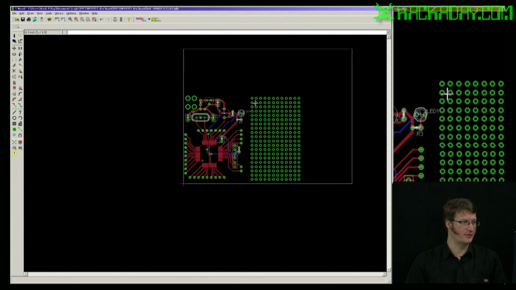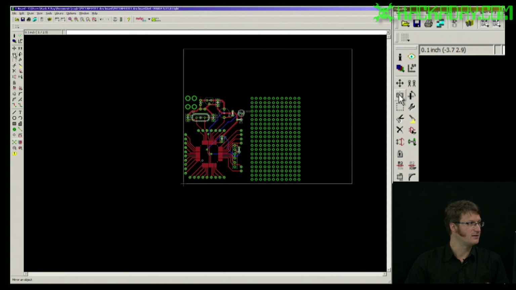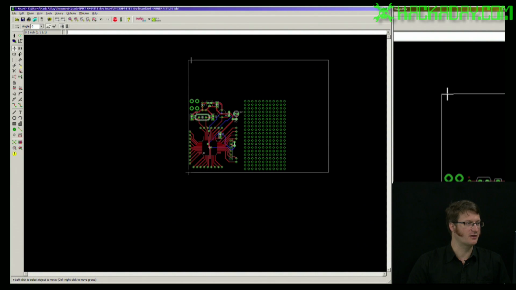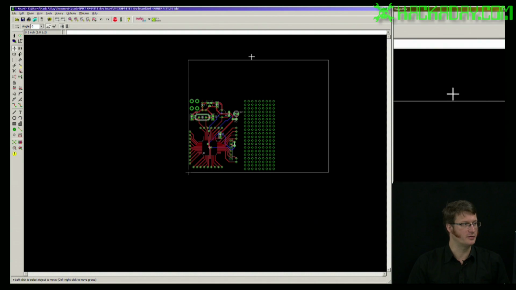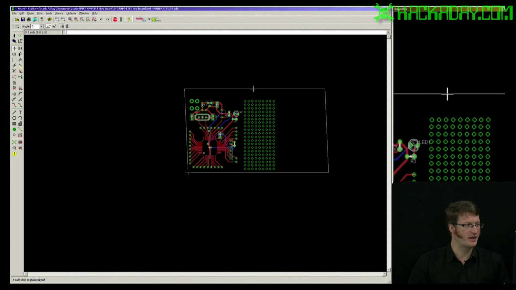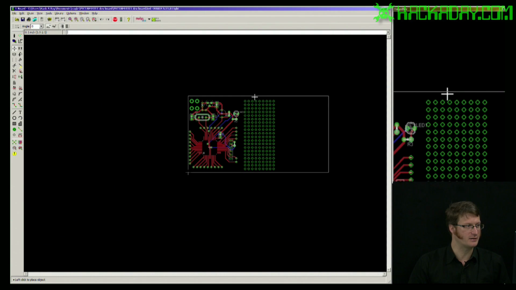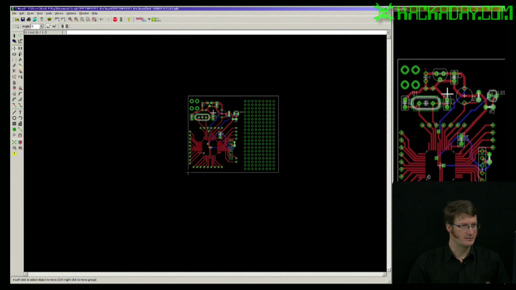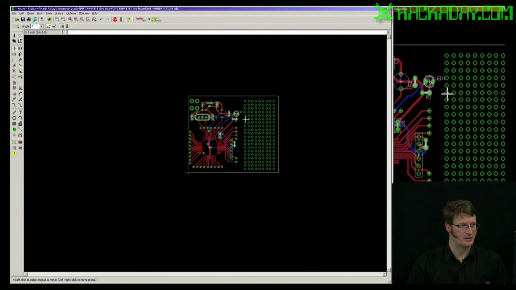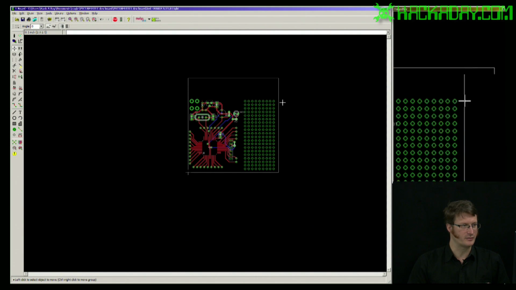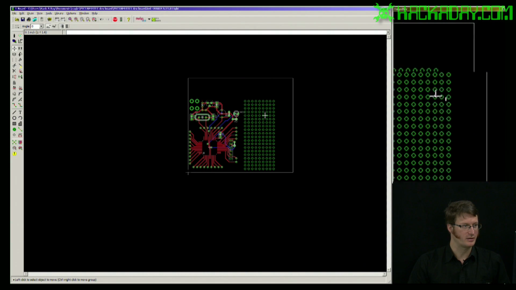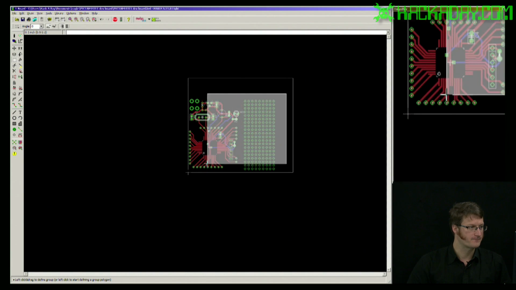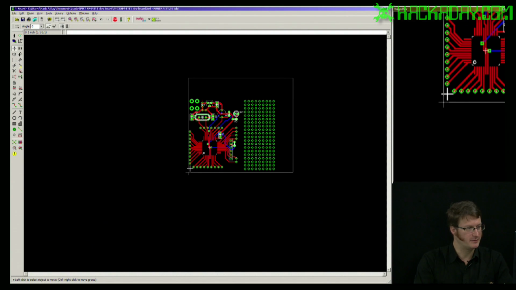So there we go, and then the final thing that we need to do is move the edges of the board. Now if I grab over here, I move the corner, which I don't want to do. If I grab it more towards the center, I can move the whole line segment, which is handy. Now, this is pretty good, but not great. What we really would want to do is have a little extra room on the board so we can have some mounting holes. So I'm going to grab everything, move it,